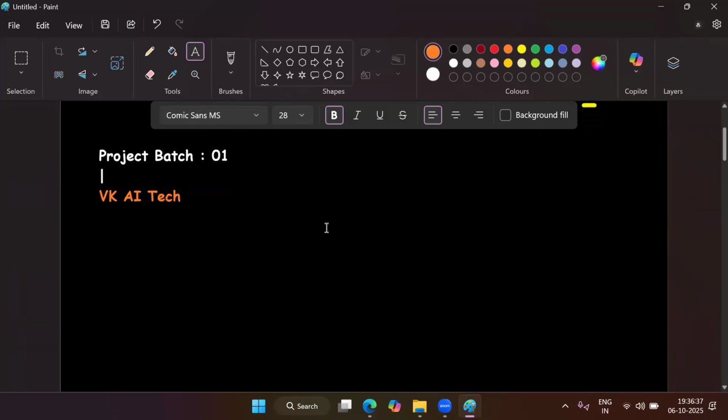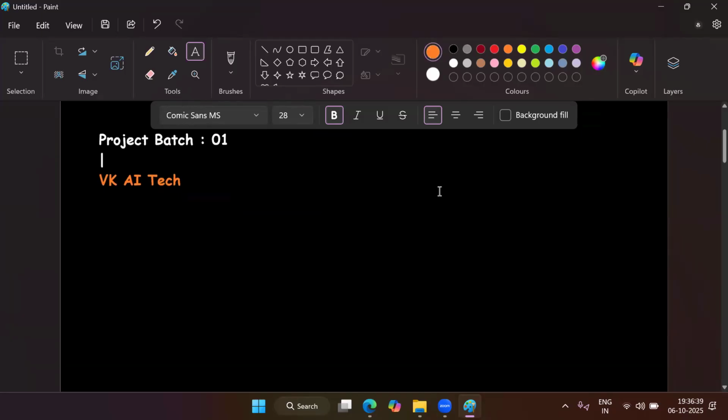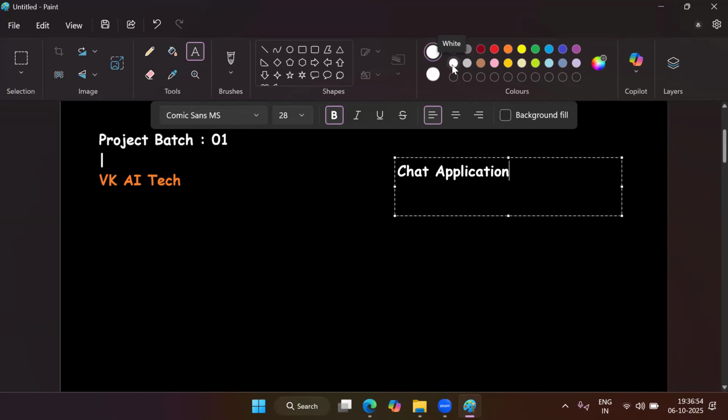If you remember, in the demo session I explained that in this batch we are going to learn how to develop applications. The first one is a chat application, and the second one is a food ordering application.